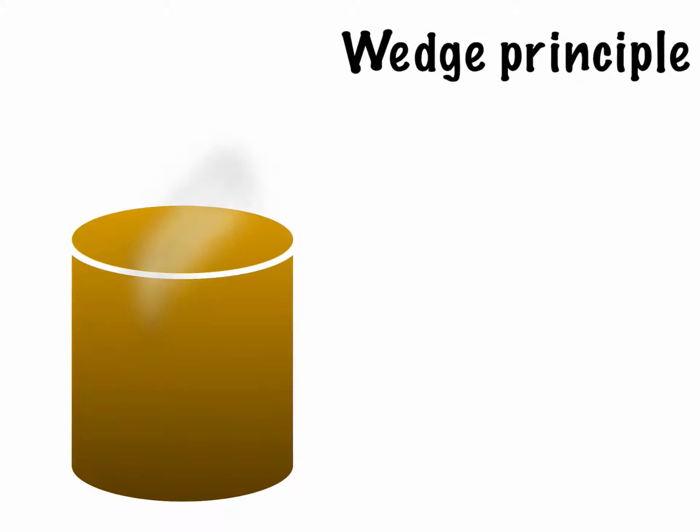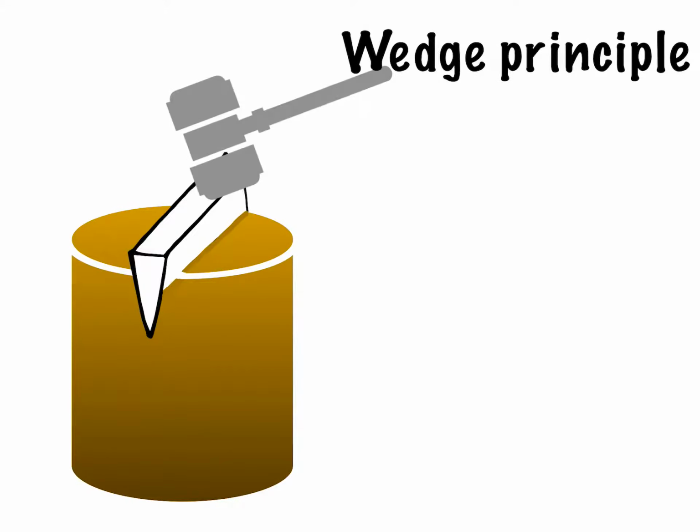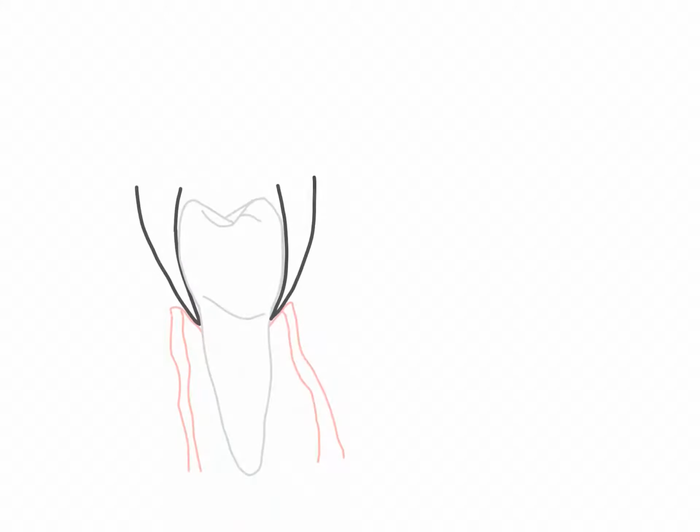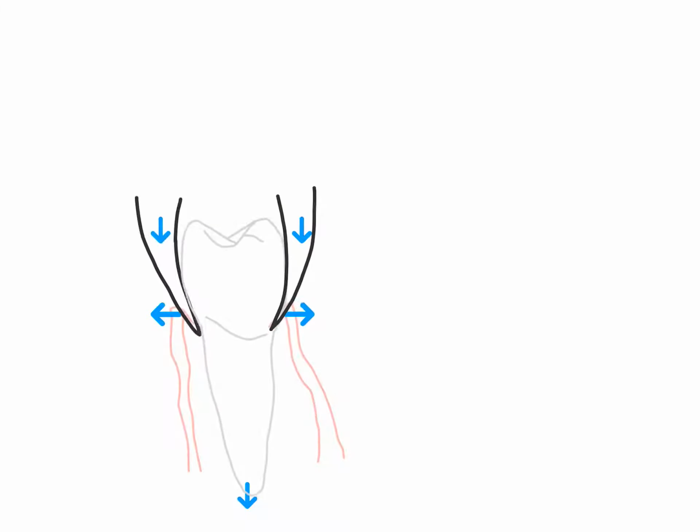Starting from well-established wedge principle, according to it, a wedge can be used to split, expand or displace the portions of substance that receive it. Likewise, tips of extraction forceps are narrow and broaden posteriorly. When forced between mucoperiosteum and tooth surface, mucoperiosteum gets displaced. On advancing still further, bony socket expands so that tooth is displaced out of socket.